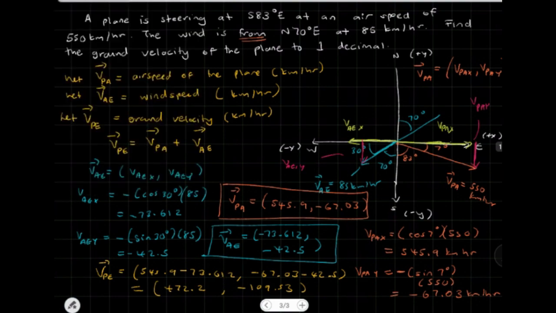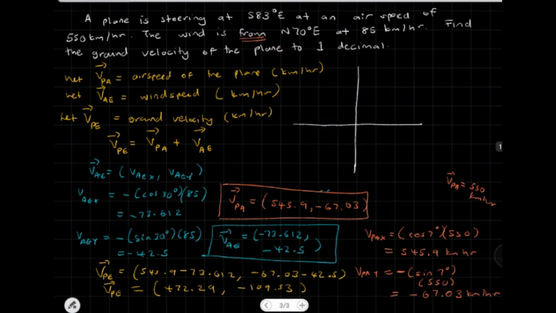So 0.288, I'm just going to round it to 0.29, right? So this is what the velocity of the plane relative to the Earth looks like. This is the vector. What this really means is this will tell us the location of the resultant vector very accurately, right? So if I plot this on a graph,